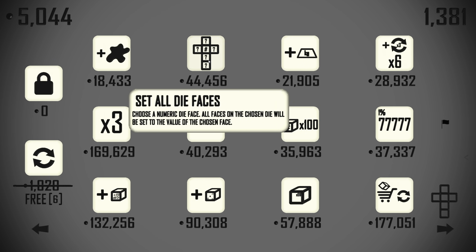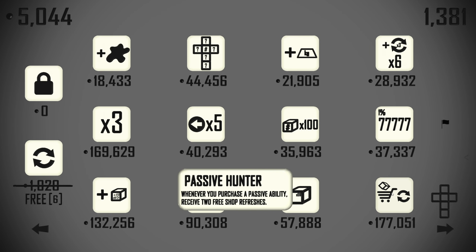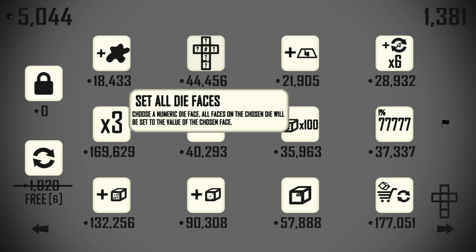Here's our first set all die faces. We certainly want that. Combined face multipliers we might also want as well. And Passive Hunter we really want. Whenever you purchase a passive ability, receive 2 free shop refreshes. That's going to be really important. So let's...